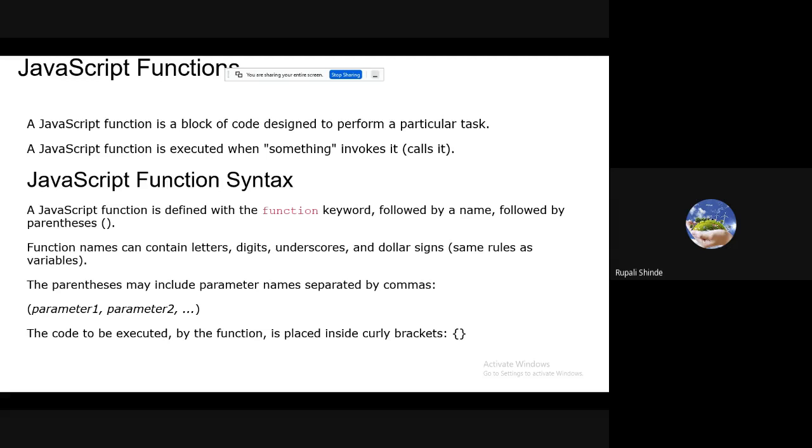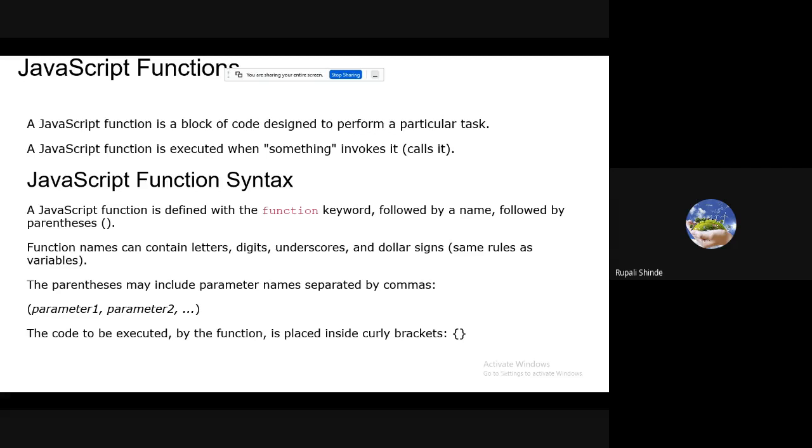Everybody knows what a function is and what the use of a function is. Functions play a very important role in software development, because whatever code we write within a function, we can use anywhere, anytime, and we can call that particular function many times. There is no need to write the function many times. You write the function just once, and you can call it, use it, and modify it. Likewise, whatever operations you want, you can perform on the function.